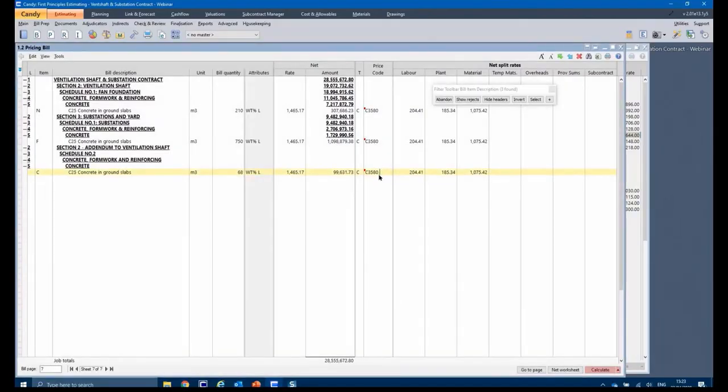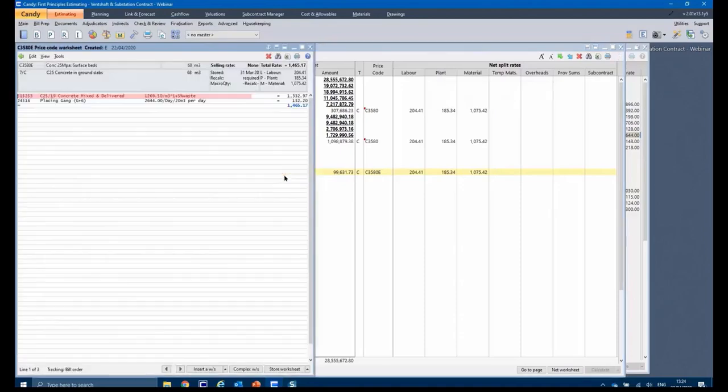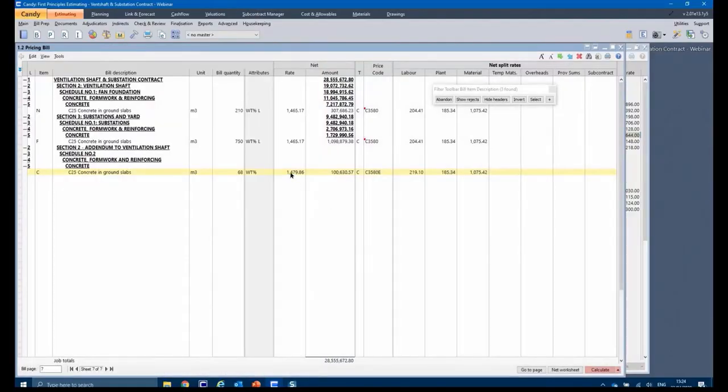So what you can do is clone this price code. So I wouldn't build up the rate build-up from scratch. I just clone it. So what it means is it's now got its own price code, but I can now change this worksheet without affecting the previous items. Open up the worksheet. You'll notice on the worksheet header, it's only used on item C on page 7. And like I mentioned, isolated areas, so production will be slightly less. And store the worksheet. And that worksheet only applies to this bill item now because it's got its own unique price code. So that's where resource-based pricing assists us with speeding up the pricing process.